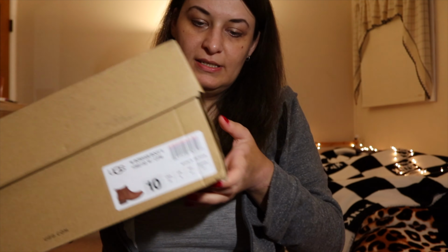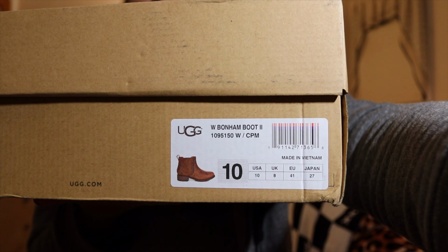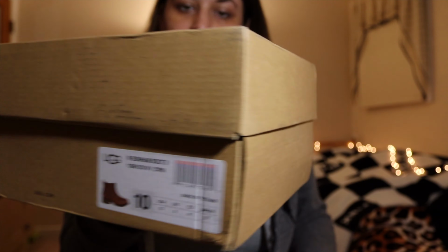Hello friends, today I'm doing the unboxing of Aga Australia that I got on eBay. So here is the box. The model is called Aga Australian Bonham